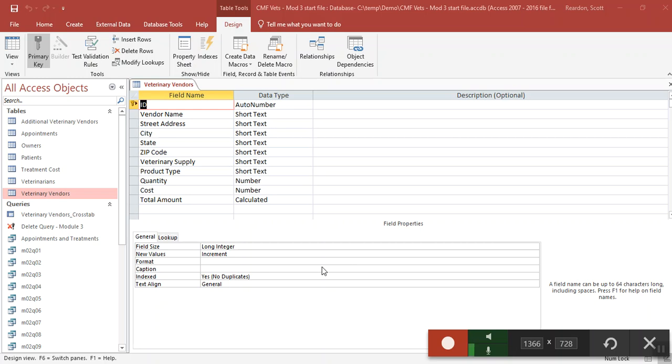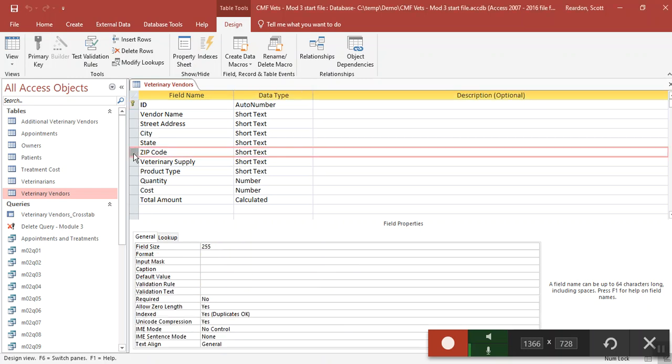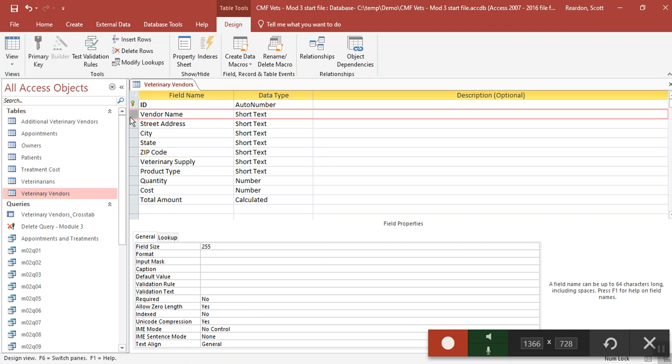Okay, and select the zip code field by clicking its row selector. That's over here. All right, I'm going to change the field size of that from 255 to 20. 20, yes, that's as big as it needs to be. Select the vendor name field, and I want to make sure that it gets entered. So down here for required, I'm going to say, yes, I do need a vendor name. Okay. Page 7. In the quantity field,